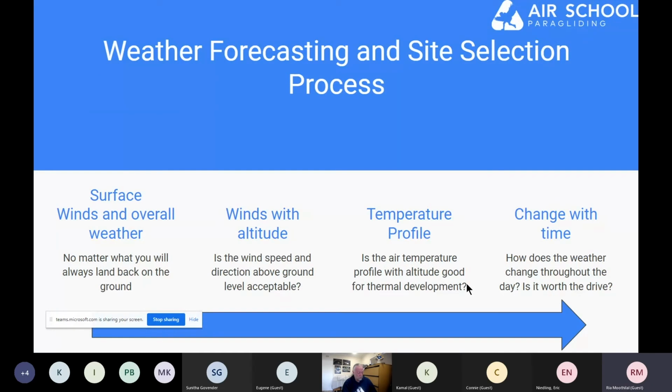Okay, let's talk a little bit about the weather forecasting process. It does and can get quite in depth. So pretty much what you do, and this is what I teach my students, is that you will start off looking at the surface winds and the overall weather. And so we're talking surface winds, the wind that's next to the surface on the ground,